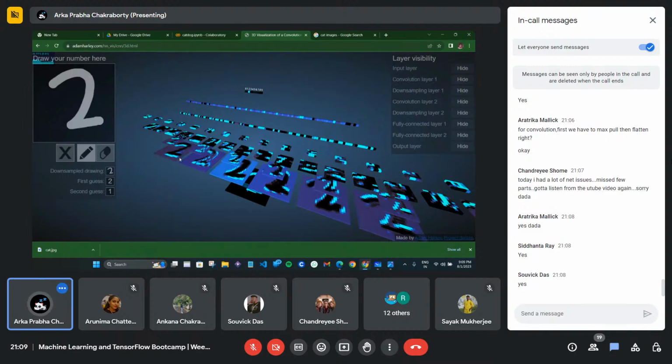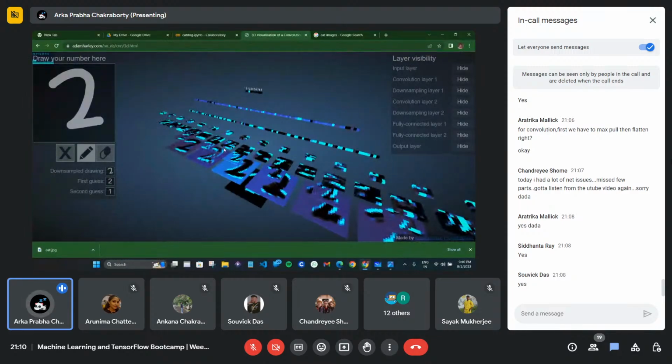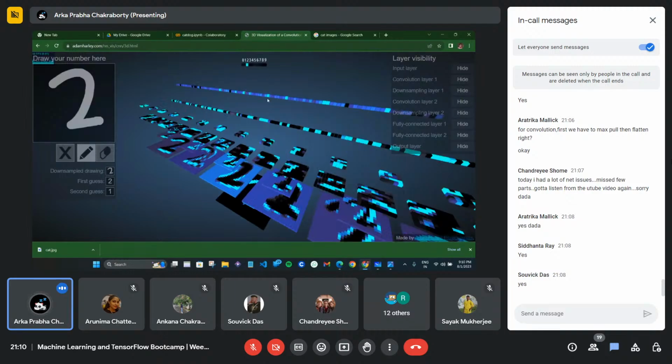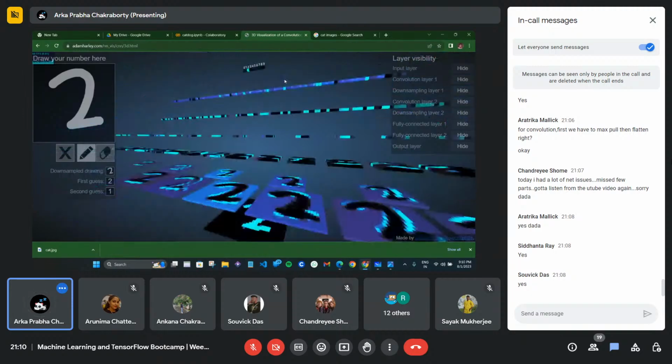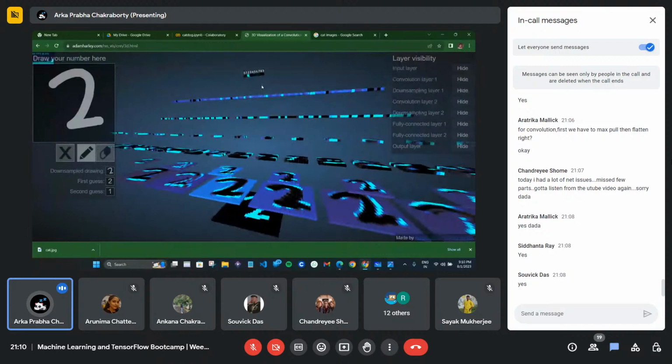As I have told you, here is my input, the actual image. Then they are applying some convolution layers, then a max pooling layer, then again a convolution layer, then max pooling again, until they flatten. Then they are doing the neural network, and ultimately what do they get in the output?